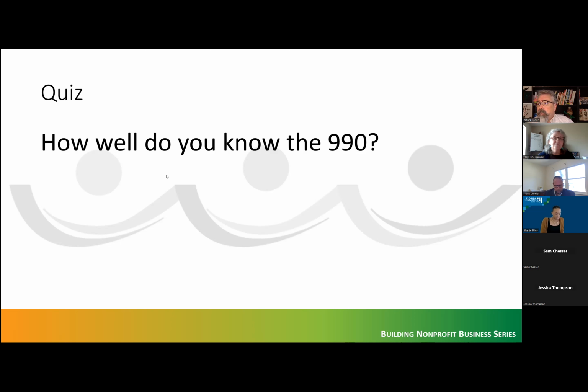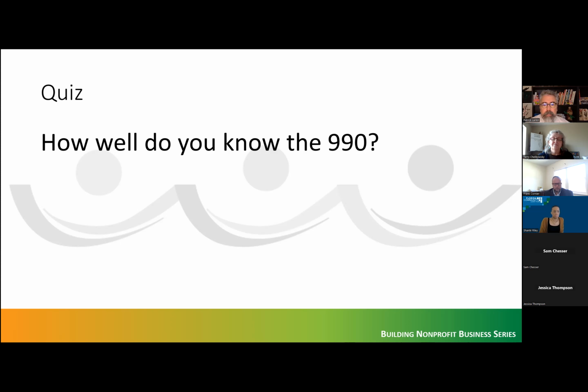The second question, what organizations are not required to fill out a Form 990? And charities with gross receipts of less than $50,000. It's the 990N that charities with less than $50,000 have to fill out. Churches do not have to fill out a Form 990 of all things. But anyway,